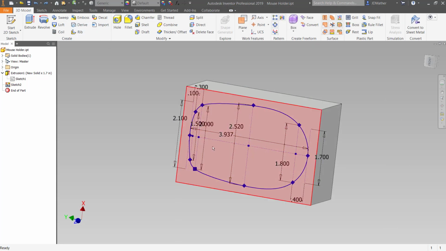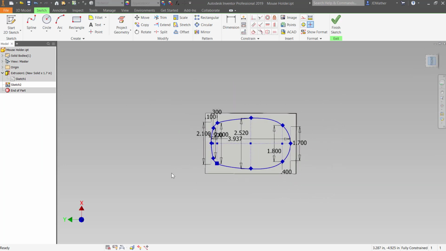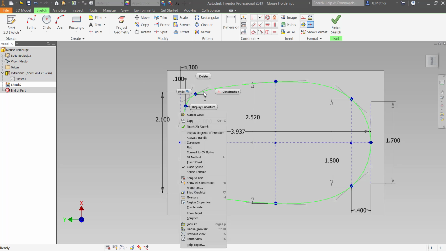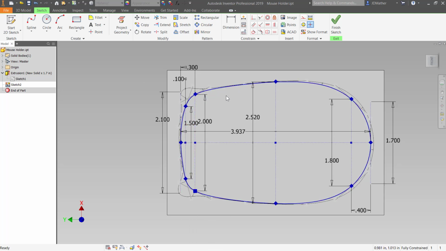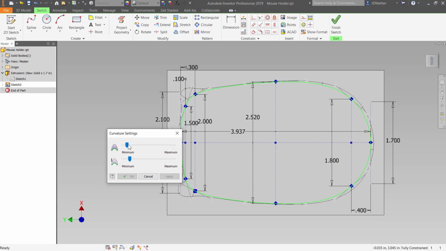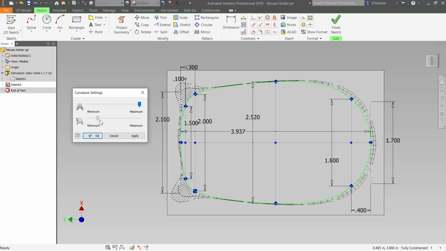So I want to examine this sketch, so I'll go to Edit Sketch, and I'm going to turn on the display of the curvature. I'm going to right click and say Display Curvature, and then I need to exaggerate that so I can see it better. So I'm going to go to Set Up Curvature Display, and I'm going to increase the comb to maximum, and then I'm going to increase